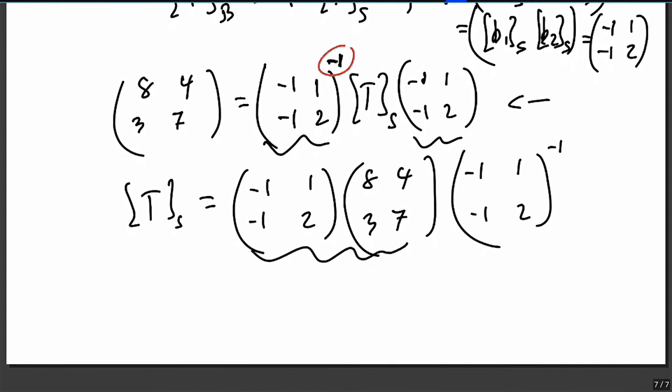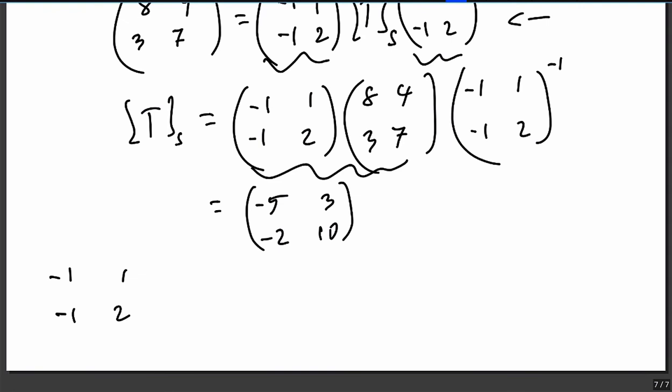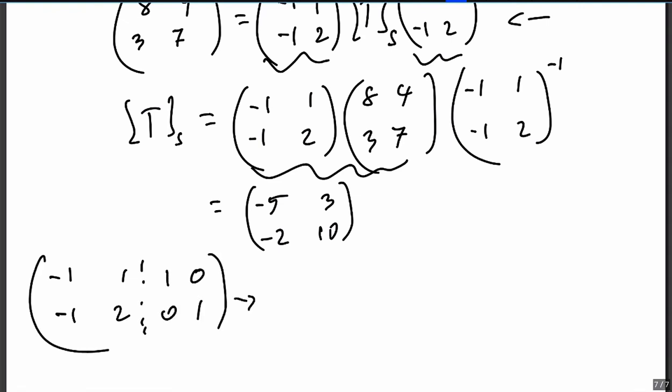So first of all, you can multiply this together. These two matrices, we get -8 plus 3, that's -5, -4, 7, 3, -8, 6, -2, -4, 14, 10. And then the inverse of the matrix, -1, 1, -1, 2. Very quickly, 1, 0, 0, 1. You get from here -1. Well, I can do maybe 2 steps in one. -1,